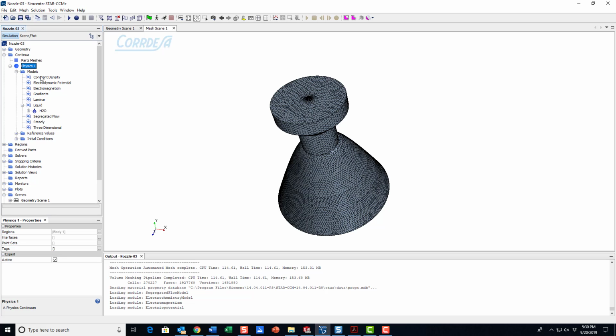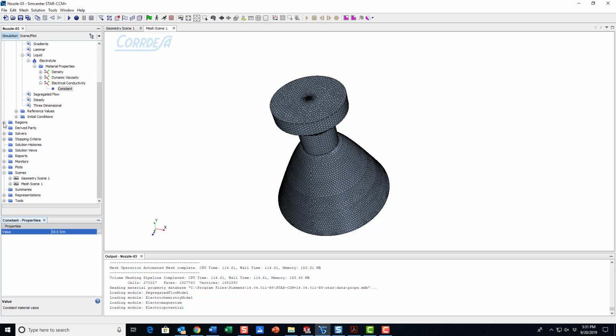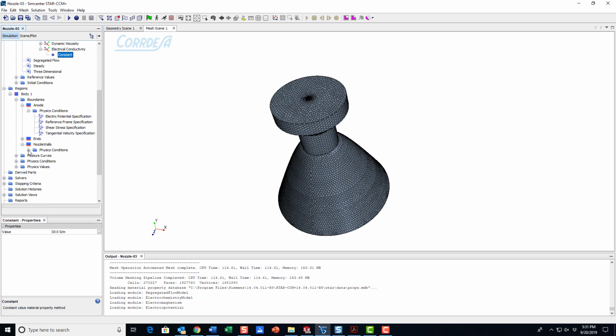We have to go into the description of the liquid. It's going to be an electrolyte, so I'll rename that electrolyte, and we're interested in this electrical conductivity. Let's say it's 30 Siemens per meter. Okay, so now on the regions, now that we've set the continua, we can choose the anode and the nozzle. By default, they're insulator. You see here, insulator. So we choose them two,